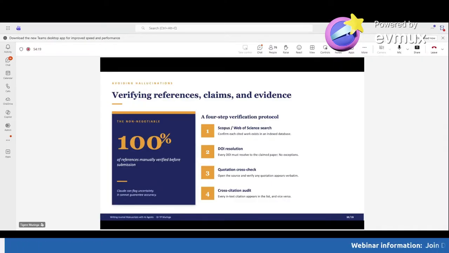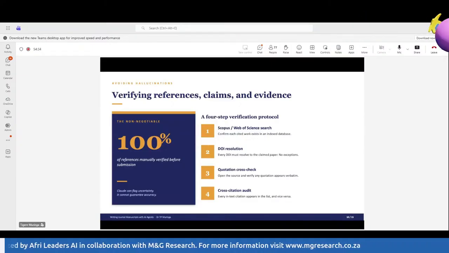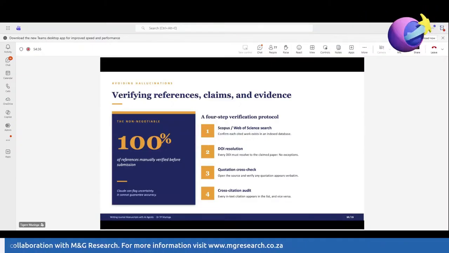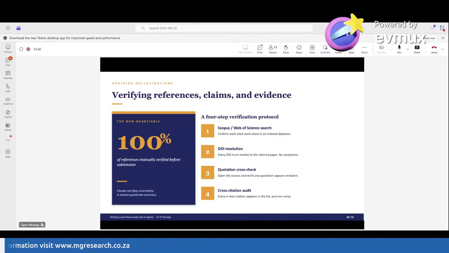Make sure that you verify every single citation yourself, as the verifier. Claude can flag uncertainty, but it cannot guarantee accuracy. So there's a four-step verification protocol that journal publishers always recommend. The first one is